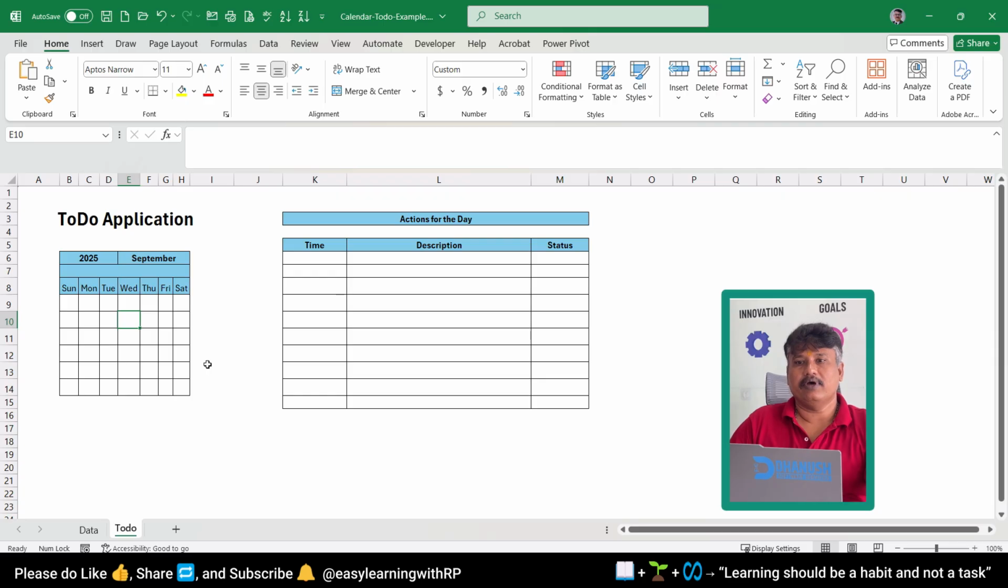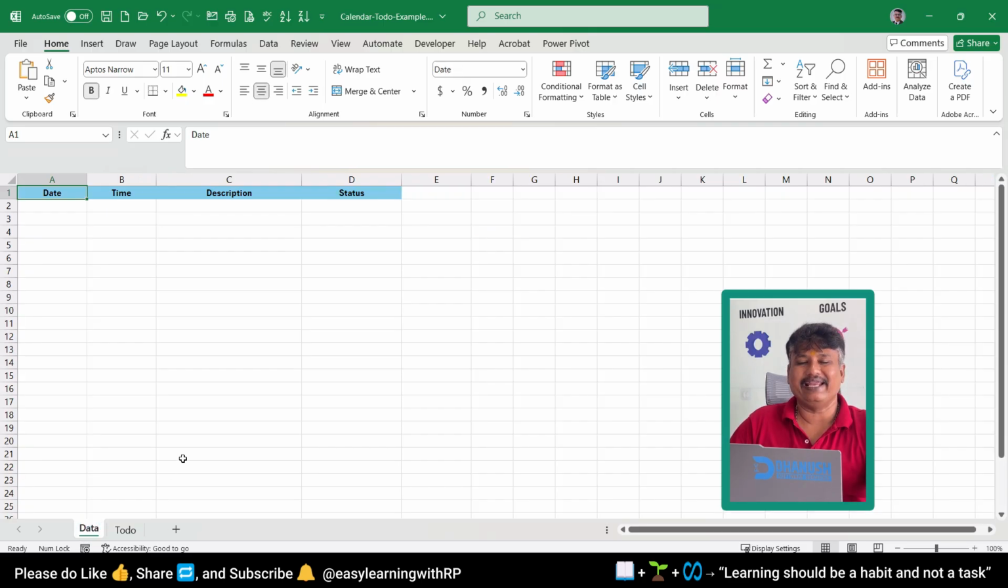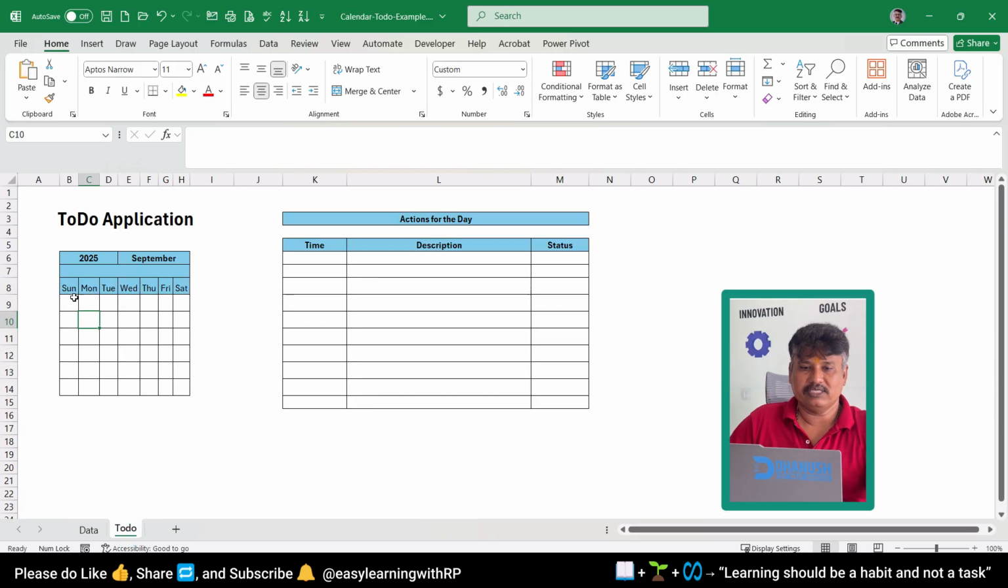Here in our new Excel file, this is the plain Excel file, and I have just created a skeleton of the application so we don't waste time on design and all that. We will just jump to the formulas and the code part. This is the first sheet where we have just added headers: date, time, description and status. In the To-do sheet, we have created a calendar kind of view where this is going to be an input field for the year, and this is a simple drop down list